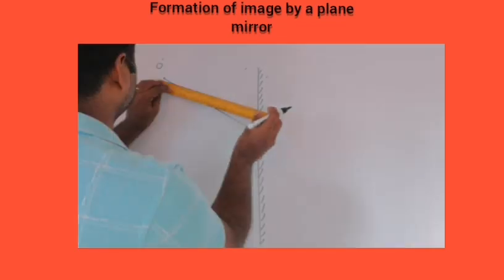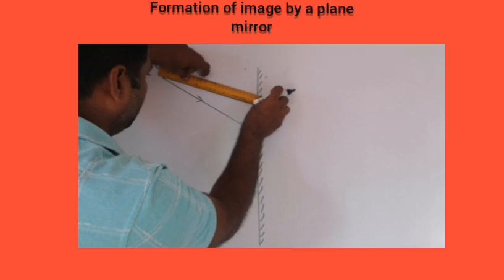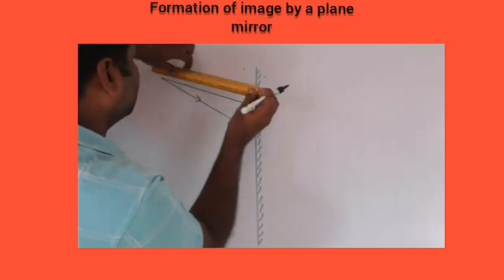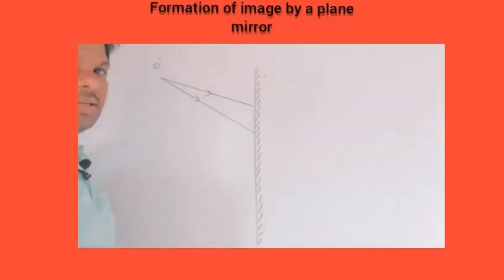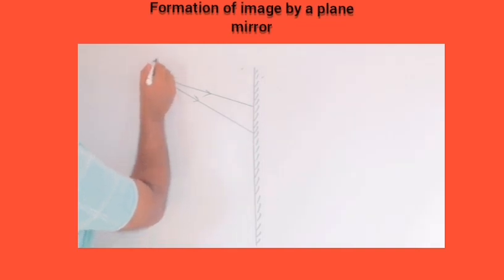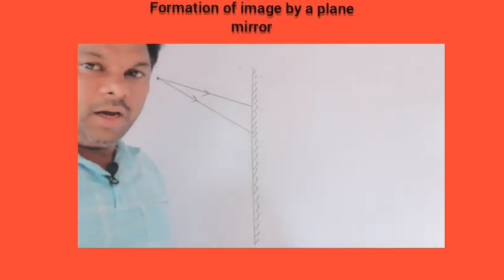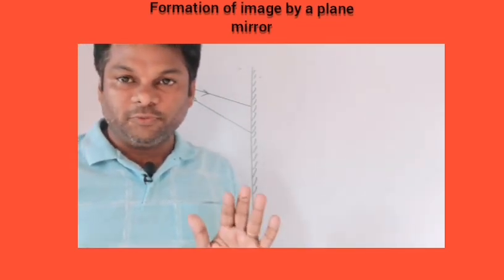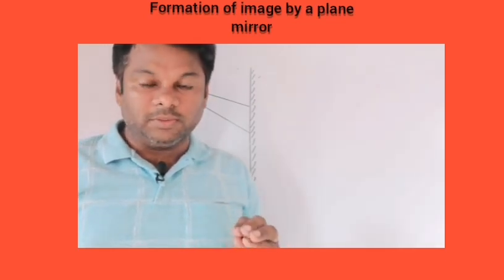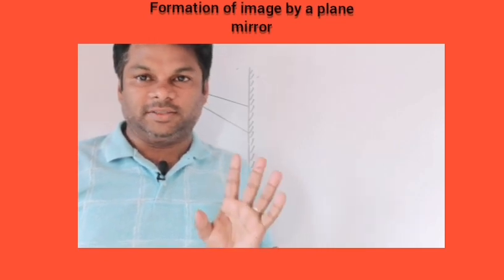And the second incident ray, this one I will choose from the object itself, and this is incident ray number 2. How many incident rays did I select? 2 incident rays I selected. Where did they originate? They originated at O. Okay, so now how will they form the image? To form an image, we need at least 2 reflected rays, and the 2 must converge.